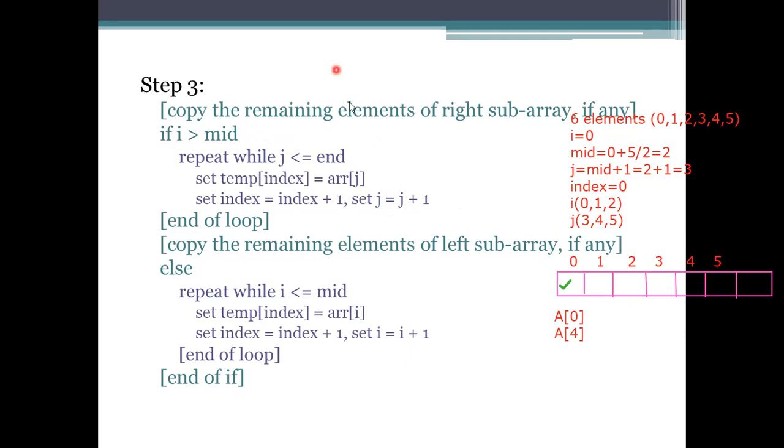And coming to the next one, if you are considering the left sub array, what happens here? We need to store the values of 0, 1, 2. What is the condition here? The I value should be less than the mid value, which means it is less than 3 here. So whenever we take these I values into consideration, the temporary index will have the values 0, 1, 2 here. And while storing this, we need to increment the index value as well as the I value.